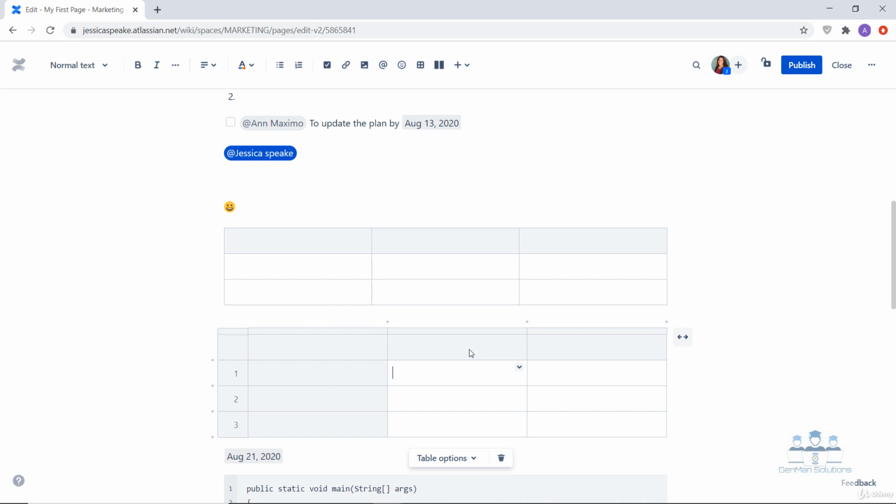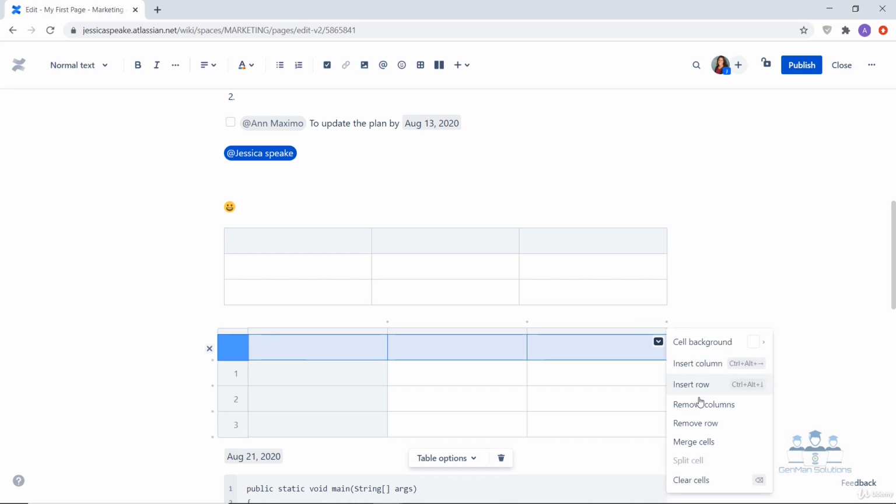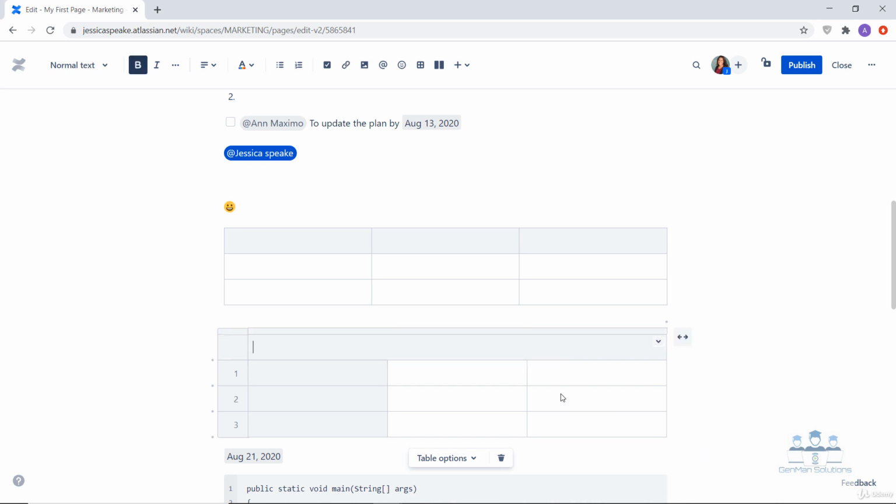So in case I want to merge the cells there in the first row, I'll select all 3 cells and click on the down button and select merge cells. So you can see that the cells have been successfully merged. In case you want to split the cells, you can go back to the down button and select split cell. So it will split the cells in the original format.